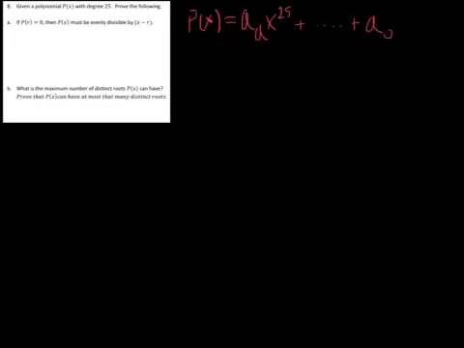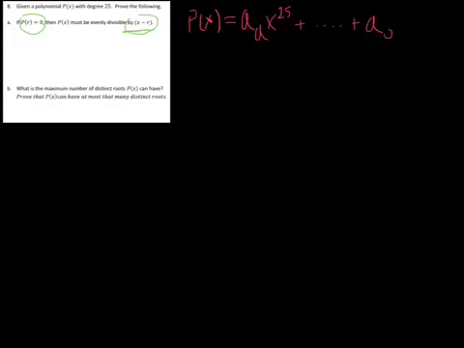And we would like to prove that if p of r is equal to 0, then p of x must be evenly divisible by x minus r. And so the first thing we're told is that r is a root. Okay, we know r is a root. And that's important, and what we want to show is that p of x is evenly divisible by this term,